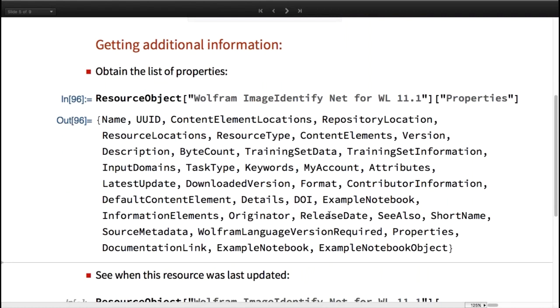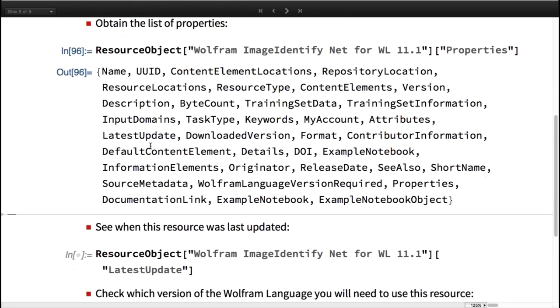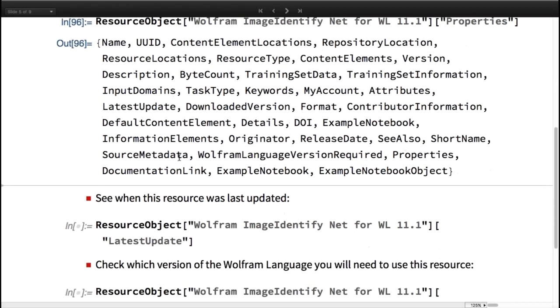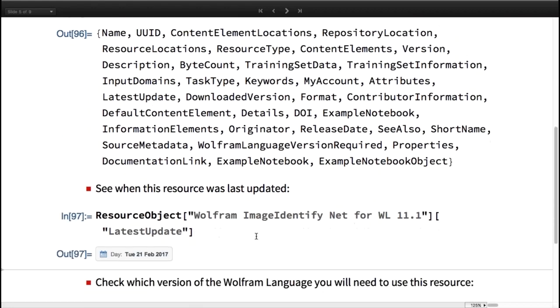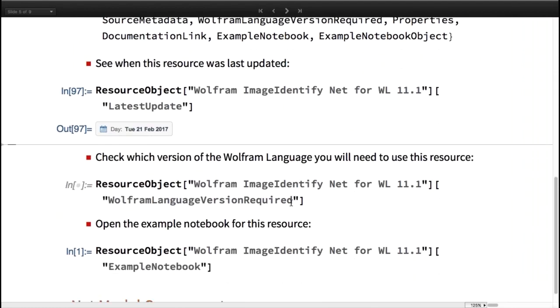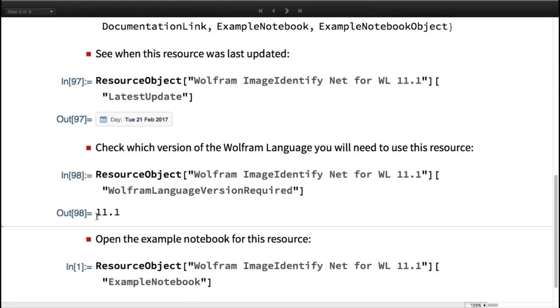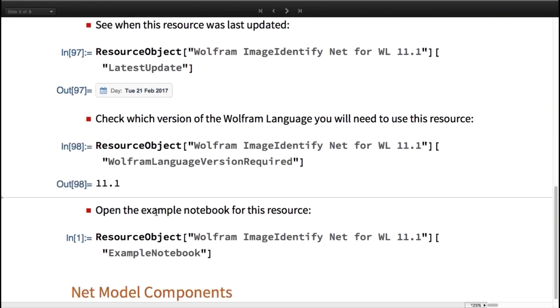I won't go over all of them. I'll just show you a couple just to show you what's involved with getting these. So let's say we wanted to see when this is last updated. We would put in the latest update and we'd see it was updated in February of 2017. If you wanted to see which version of the Wolfram language you would need to use this resource, I mean, obviously it's in the title for this one, but in case it wasn't, you can see you need 11.1